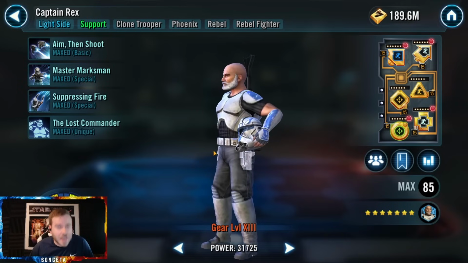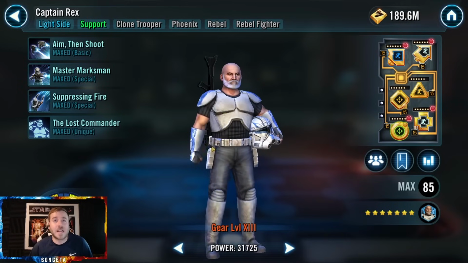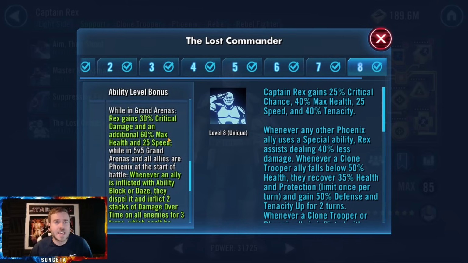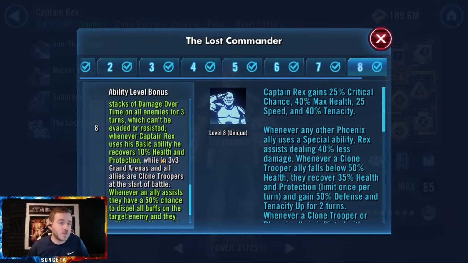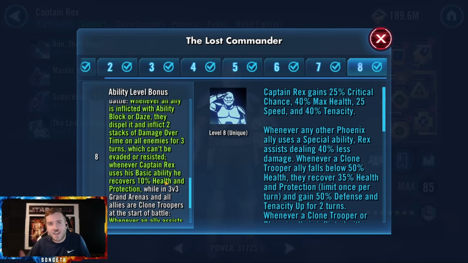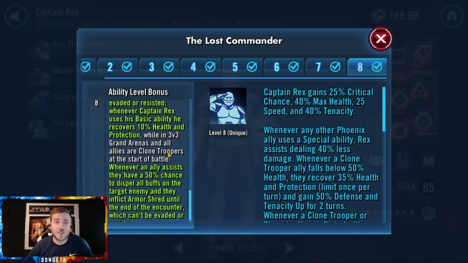going to be the absolute staple moving forward, no question about it. Captain Rex, and his Omicron is fantastic, and it's very unique in that it is both a 5v5 Omicron and a 3v3 Omicron, but it works in different ways. None of this is annoying. You only get to use it in half of the Grand Arenas. For 5v5, it's for Phoenix because with Phoenix, you need a full 5v5, and 3v3 Phoenix aren't good, so it